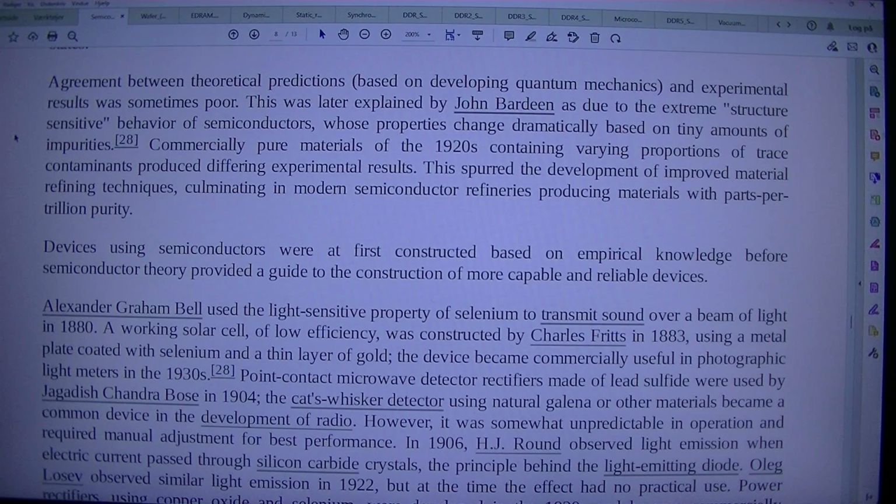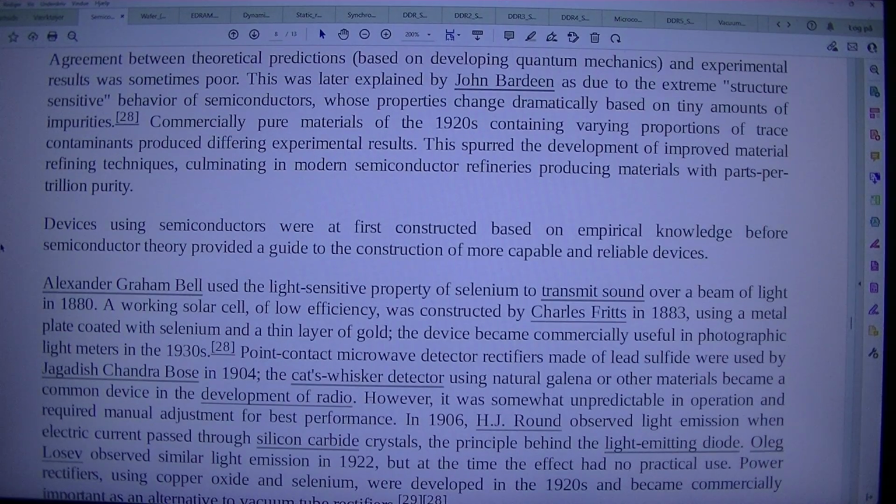Devices using semiconductors were at first constructed based on empirical knowledge before semiconductor theory provided a guide to the construction of more capable and reliable devices. Alexander Graham Bell used the light-sensitive property of selenium to transmit sound over a beam of light in 1880. A working solar cell, of low efficiency, was constructed by Charles Fritts in 1883, using a metal plate coated with